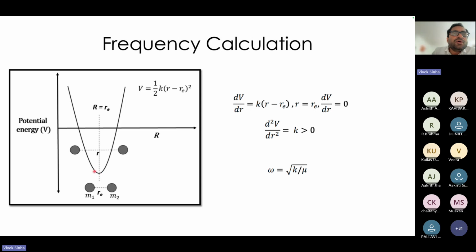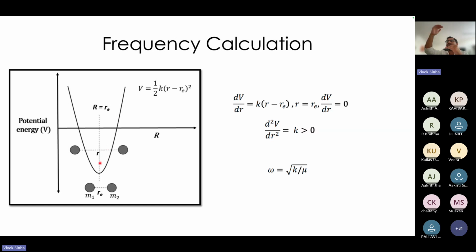Okay, so when you are here, classically the molecule is not moving. There are no vibrational modes. If you nudge it a little bit higher, which means you have displaced the system from its equilibrium position, then it will come back. It will oscillate. In quantum mechanics, what we say is that this is not a continuous energy curve, which